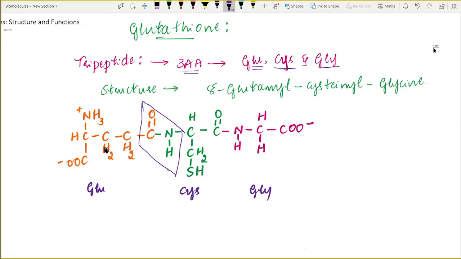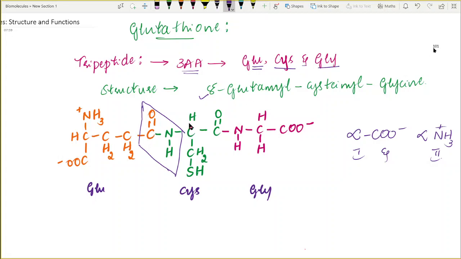So that is the speciality. In almost all the proteins and peptides, usually the peptide bond is going to be formed between the alpha carboxyl group of the first amino acid and the alpha amino group of the second amino acid. Okay, but in glutathione, the peptide bond has been formed by the gamma carboxyl group of the glutamate and the amino group of the cysteine, and that's why it is called gamma glutamyl. That's why we call the first amino acid gamma glutamyl, because the peptide bond has been formed through the